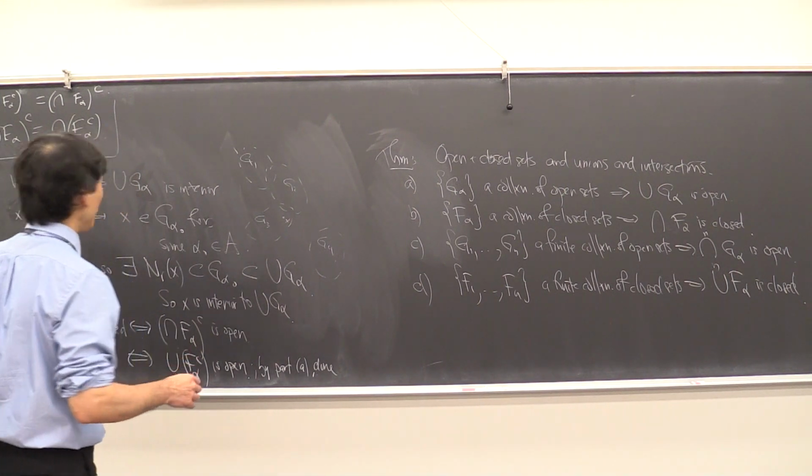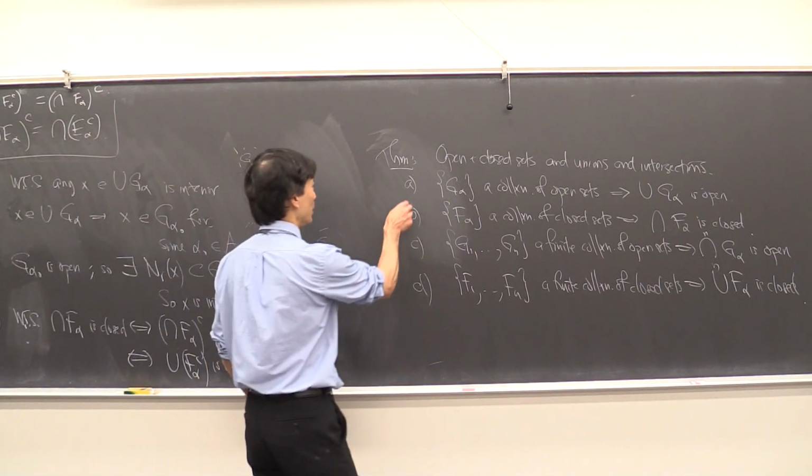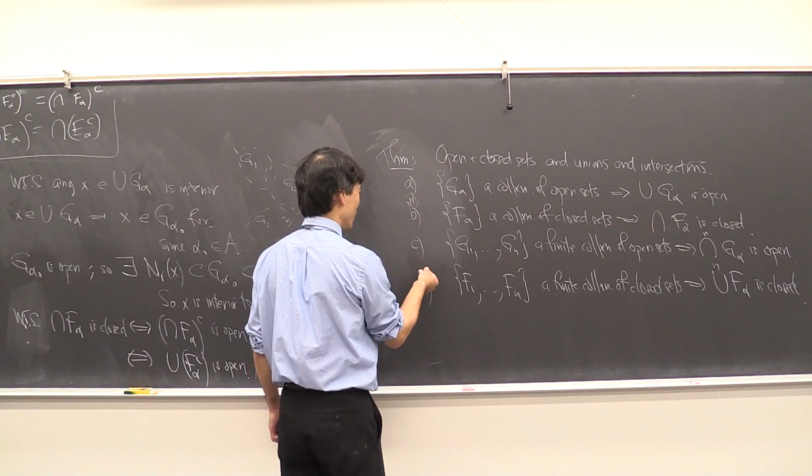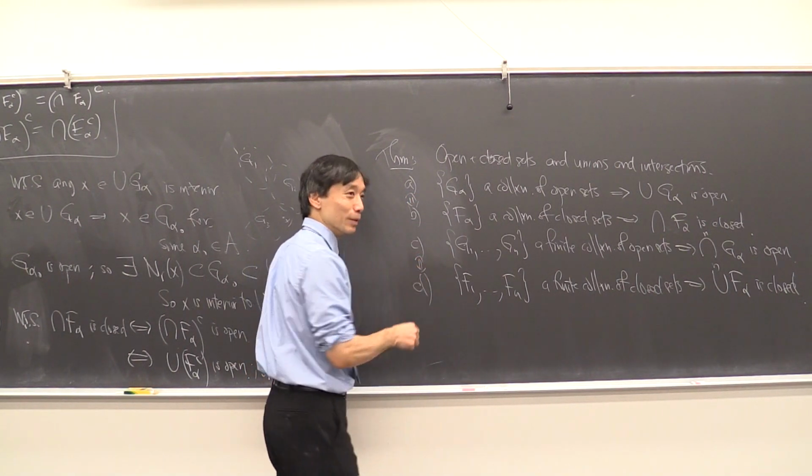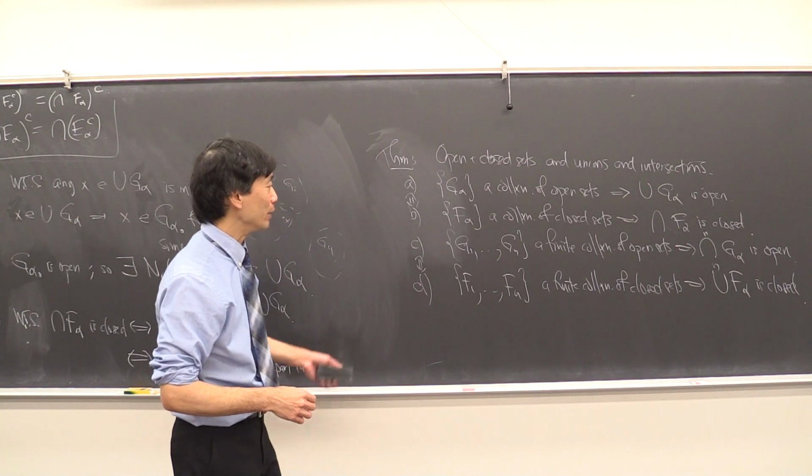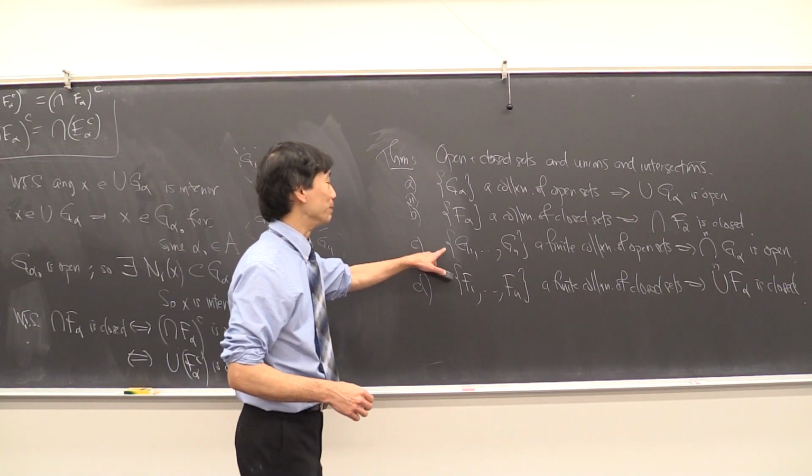Okay. So 1 and 2 are the same, and the spoiler is that C and D are also the same, via DeMorgan's laws. So let's prove